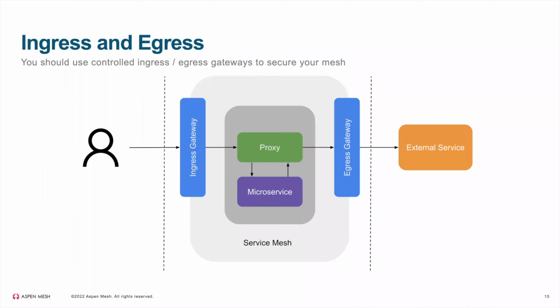One of the things you can do with your ingress and egress gateways is configure your mesh to only allow traffic going out through the egress gateway. And if you have dedicated nodes for your ingress and egress gateways, it gives you a lot of capability to do things like audits, or to set firewall rules to only allow traffic from those dedicated node IP addresses. It's definitely pretty powerful in improving your security posture, having these dedicated gateways for ingress and egress.